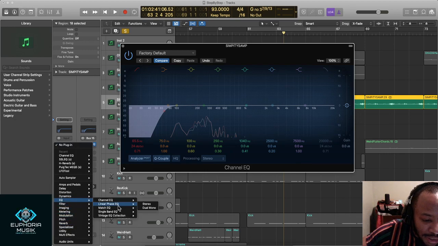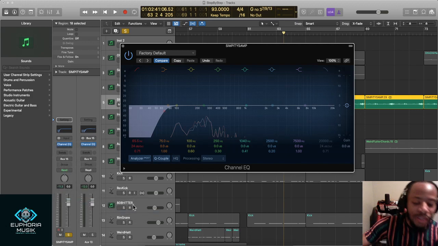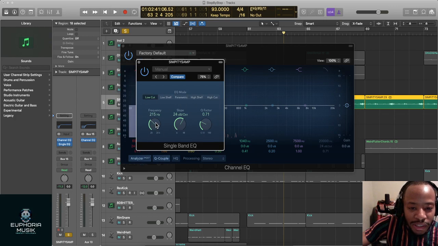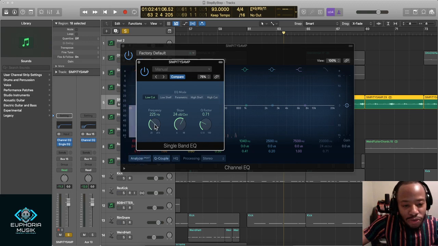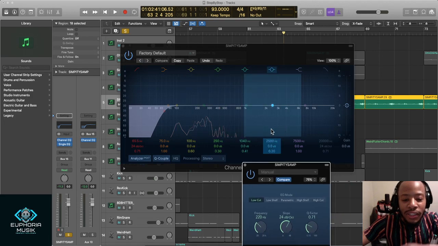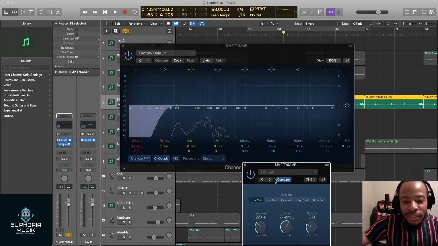This is a single band EQ, but to make everything sound a lot better, I'm gonna go ahead and cut it off. Let's do, yeah, low cut. Let's cut it at 22. It'll do the same exact thing this does without all of the processing power that this needs to show the graph.